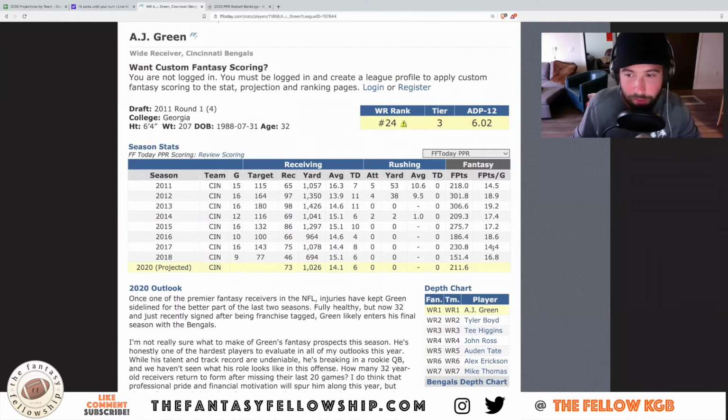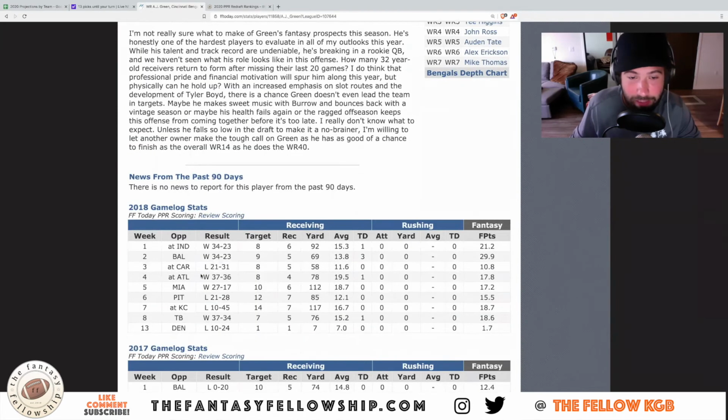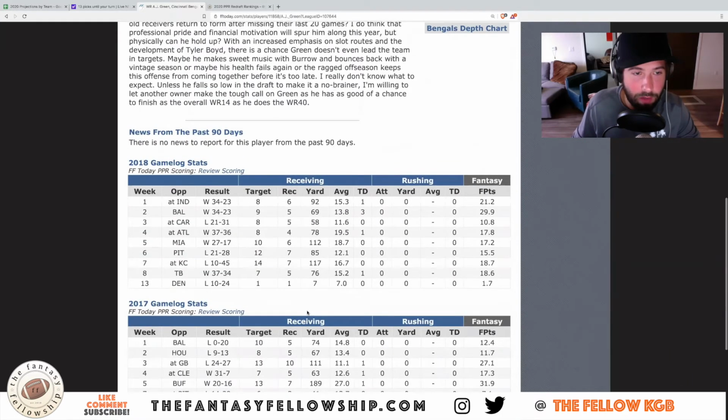His worst career fantasy average is 14.4 fantasy points per game. If you look at what he was doing just in 2018 before he got hurt, the man was consistent. He was steady, and these are with Andy Dalton. So I think Joe Burrow could step right in and provide some of these numbers here where, sure, on a